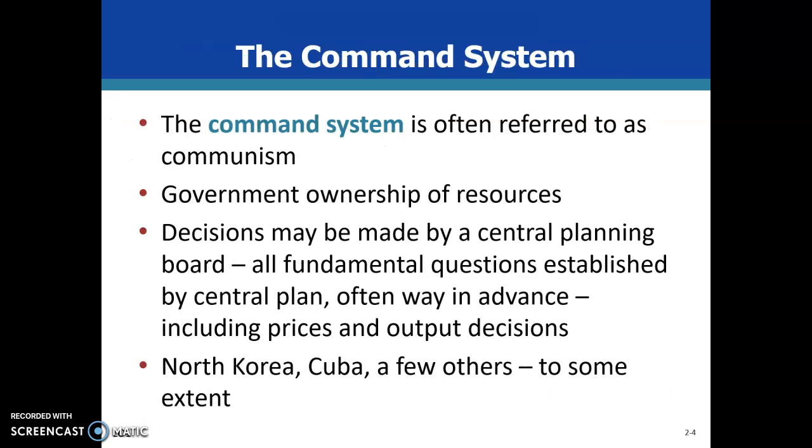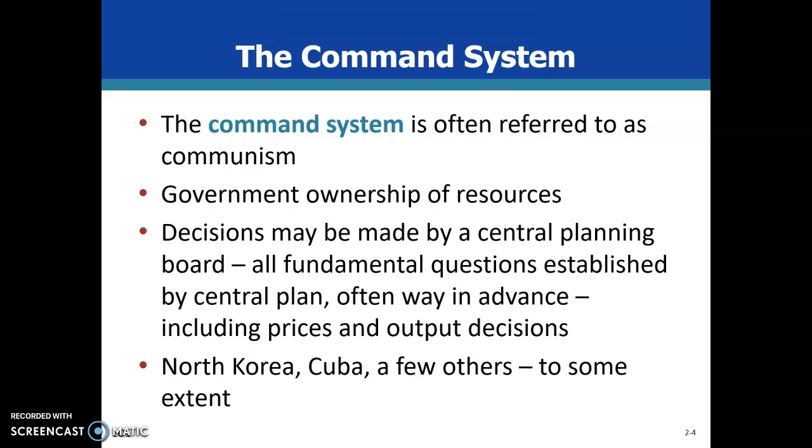A command-based system, which is kind of on the opposite side of the spectrum. In a market system, everything about the market-based system is connected to who decides what to produce, in what way are things produced. The market is going to determine those things, either consumers or producers. In a command-based system